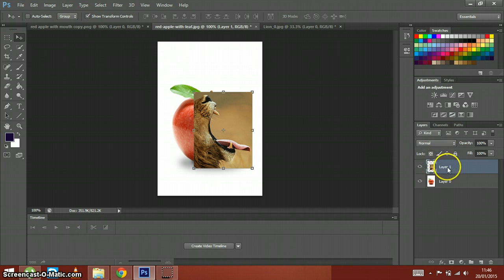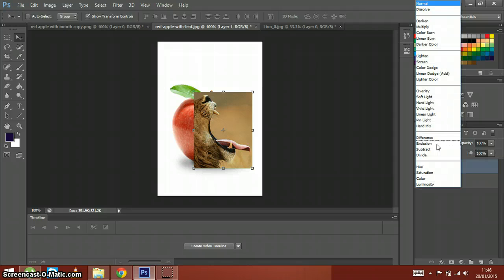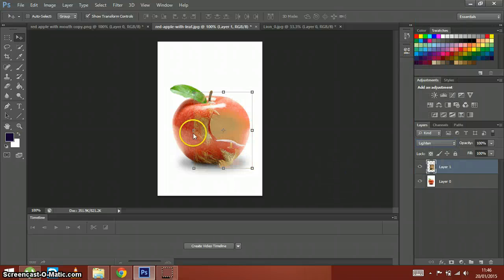Now you want to be able to see the apple as well as the face. So we go over here to layer 1, make sure you clicked on it and change the blending mode here to lighten. Now you can see the face of the lion as well as the apple. So if we place it roughly there,